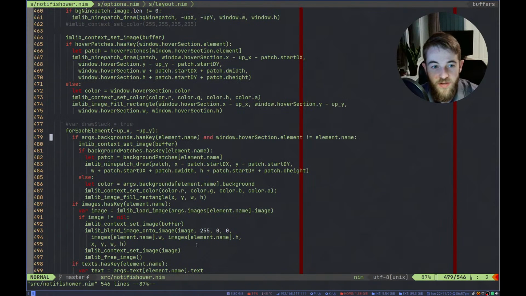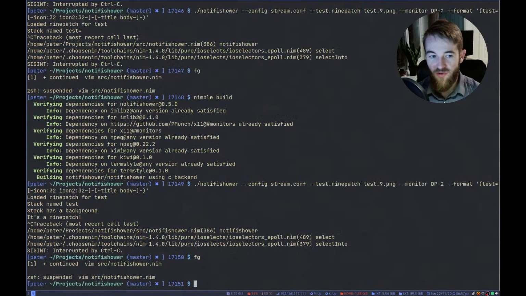But in this code right here, we say, do we have a background with the name of our element? And then we say, have we loaded a patch by this element name? In that case, draw it, otherwise draw a color.